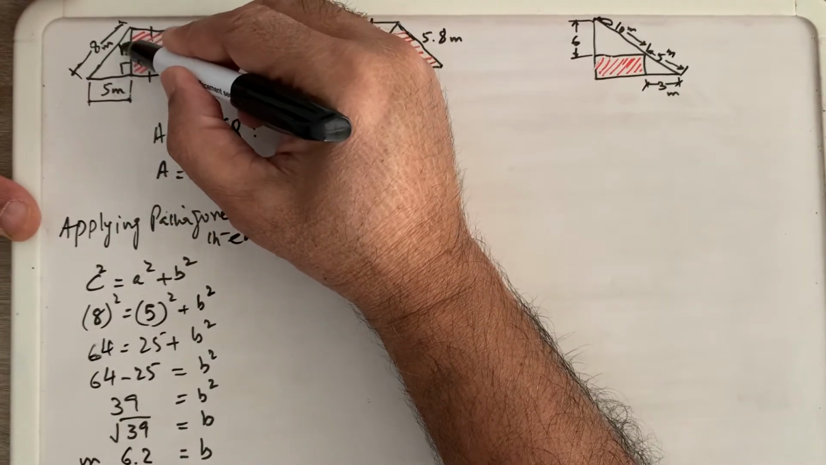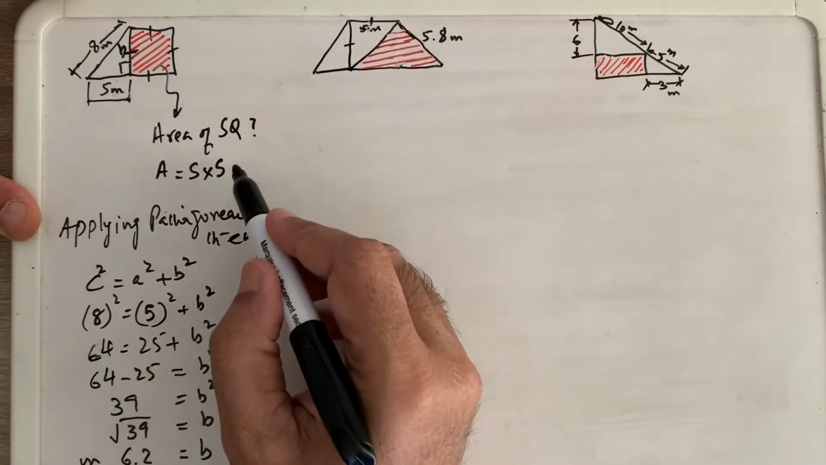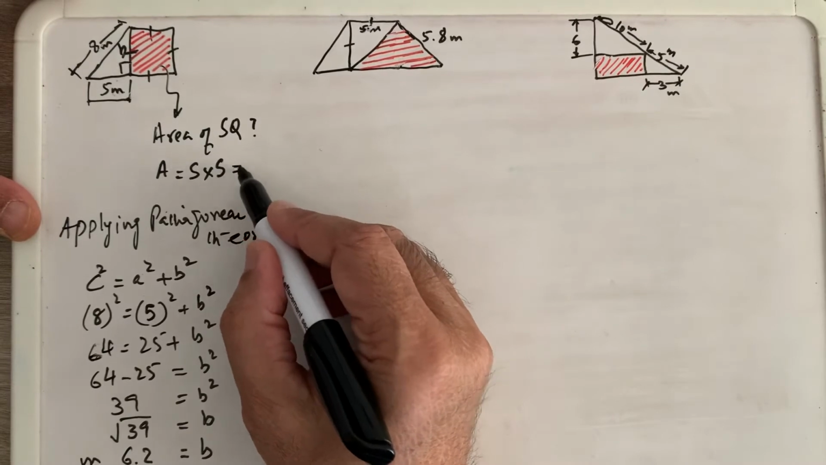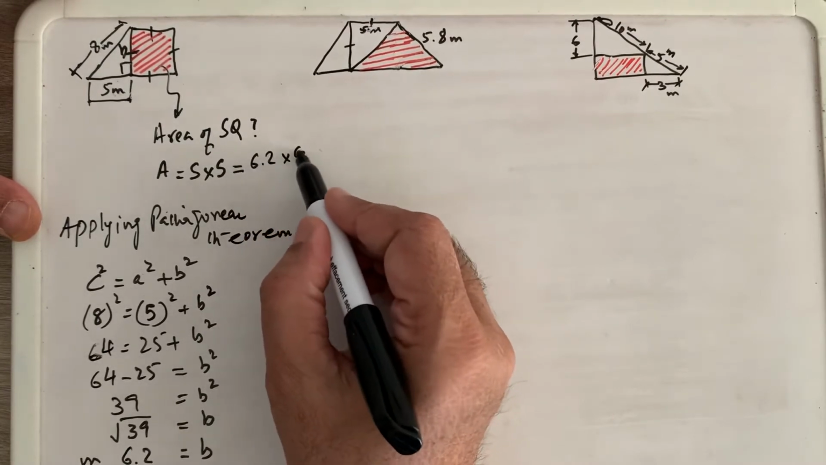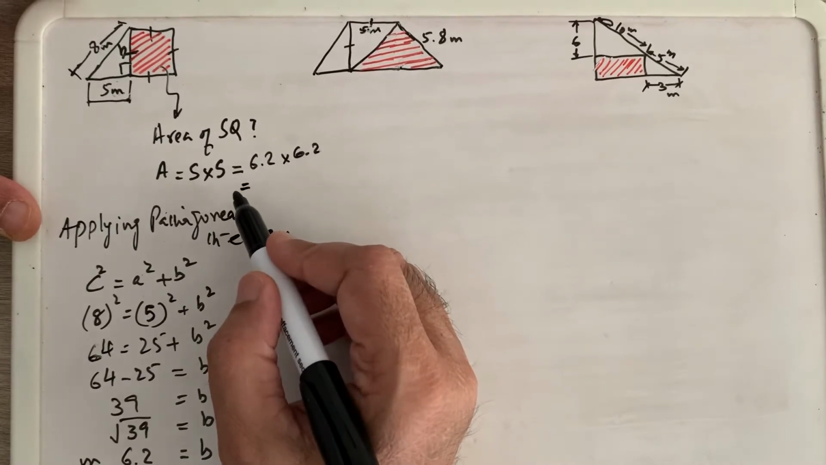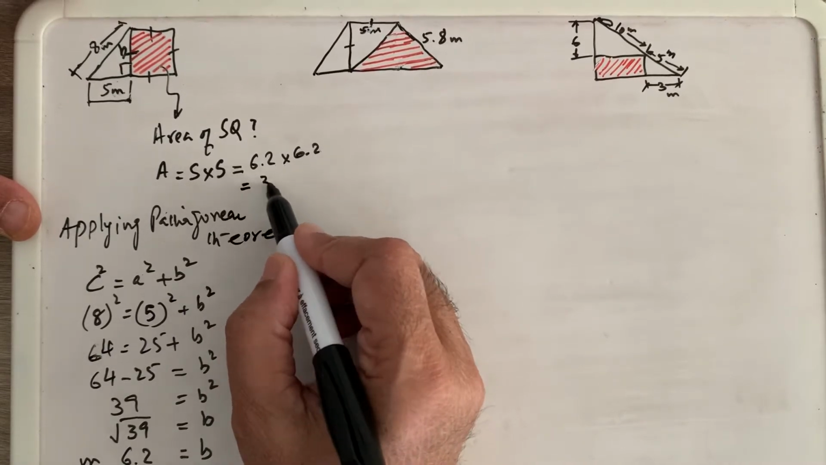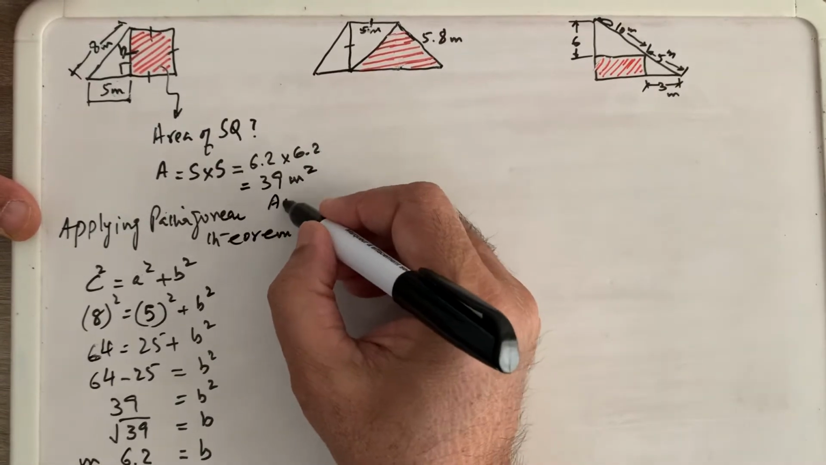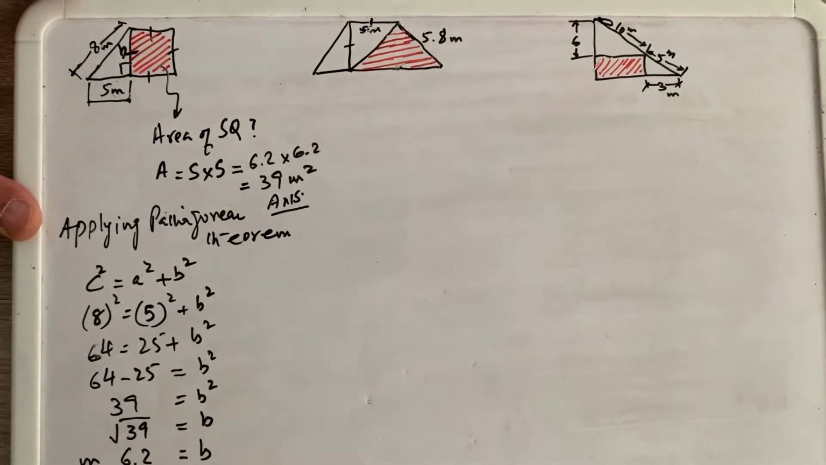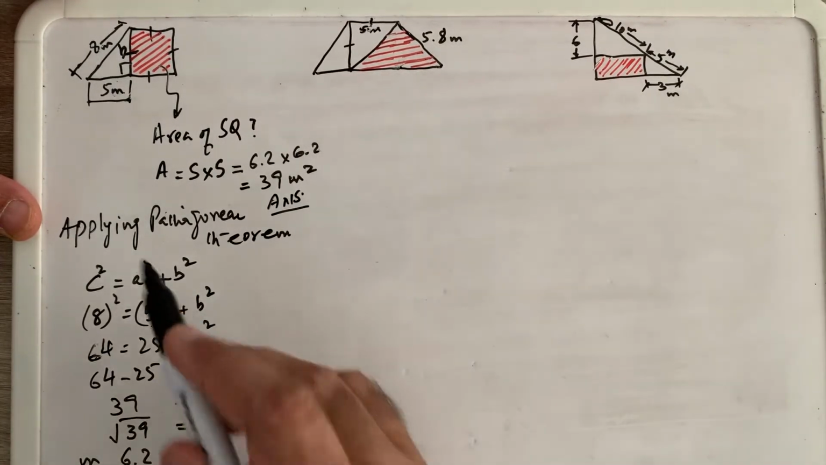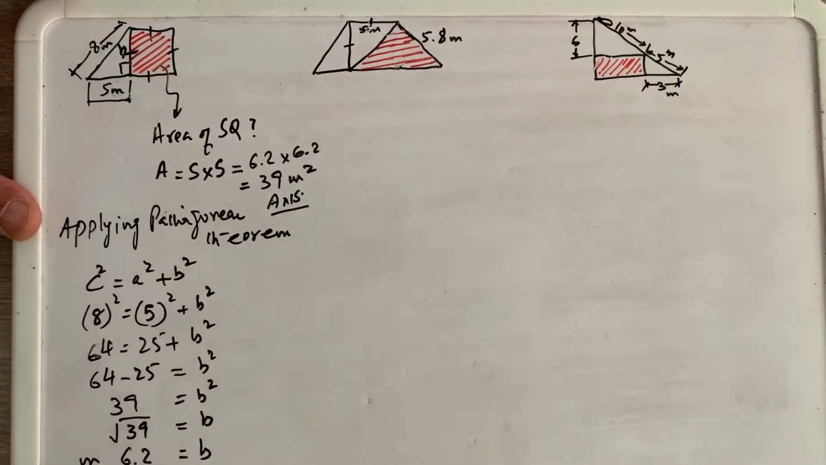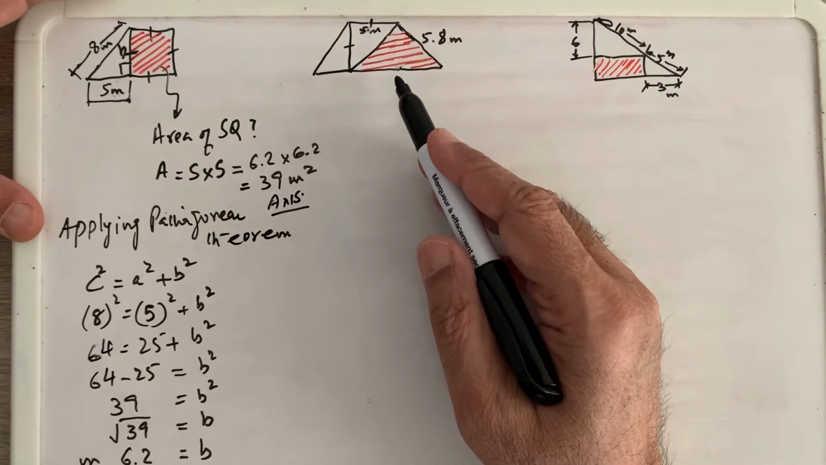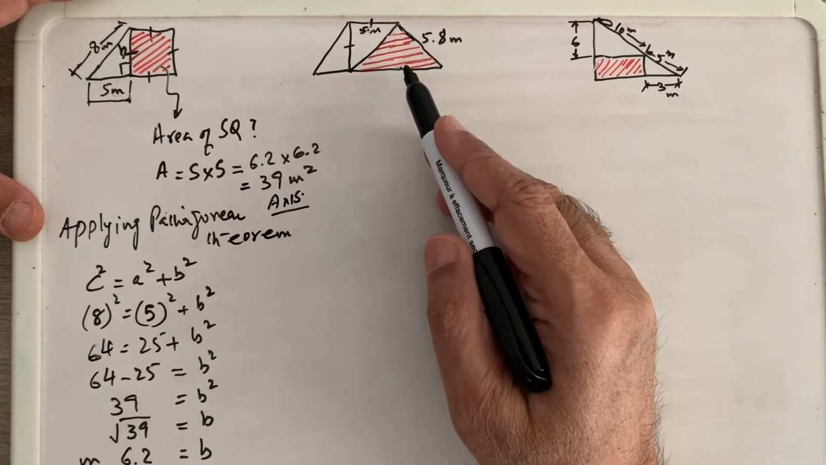So once I have this value of b, I can calculate the area of the square, which is in red shade, right? So the area of the square will be equal to 6.2 times 6.2, which gives me approximately 39 meter square if we round it off. So 39 meter square is our answer. So this was an application of the Pythagorean theorem, that we have to find the unknown side to find the area of the square. And in this second figure, we can see that there is a triangle whose area is